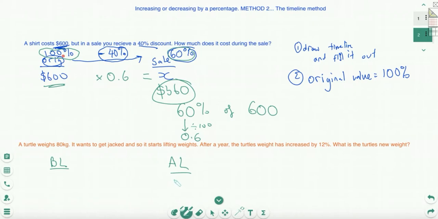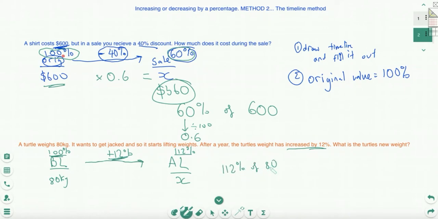Let's fill out our timeline. Well, the turtle originally weighs 80 kilograms. It starts lifting, so its weight increases by 12%. Increase, so we add 12%. And we're trying to find its weight after lifting. Step one, super easy. Step two, the original weight is always 100%. So 100% plus 12% makes 112%. So all we have to do is find 112%